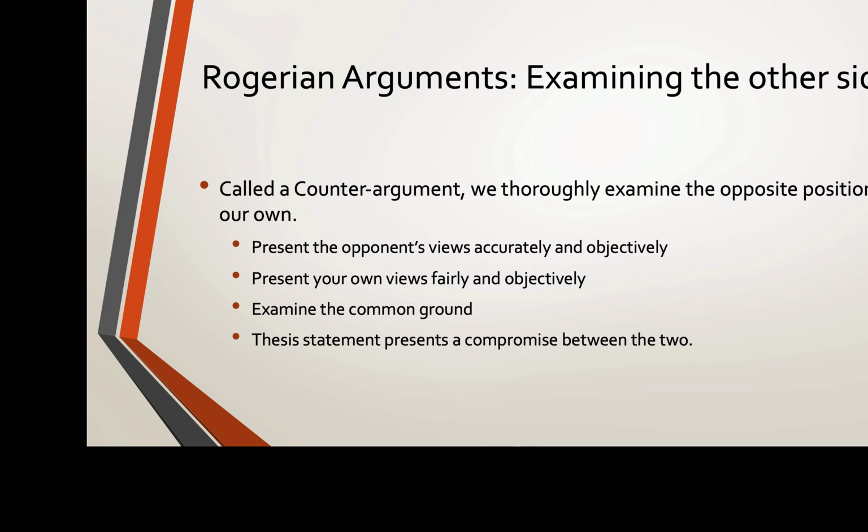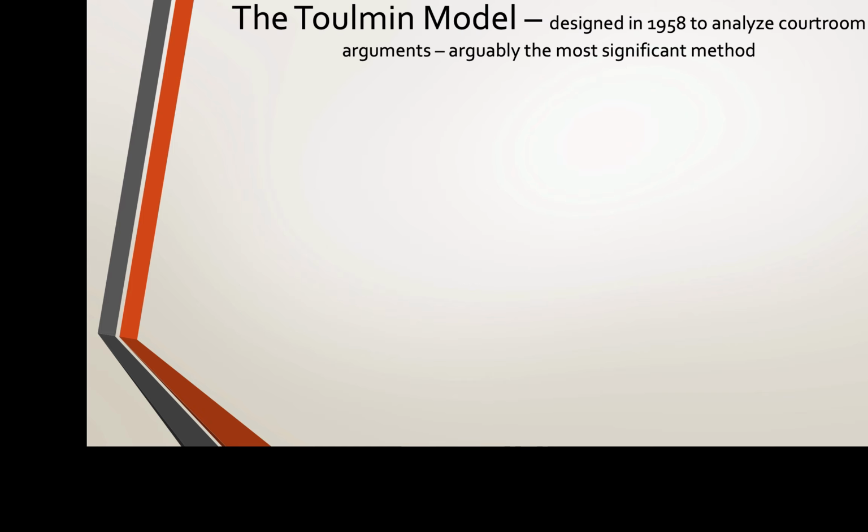Your own thesis on any question, on any argument, has to be a compromise between the two. You have to really understand both sides of an argument and then come up with your compromise between the two sides of the argument, which will make it believable, which will make it credible, and which will make it powerful. So, the Toulmin model, which was designed in 1958 to analyze courtroom arguments, is probably the most effective way to